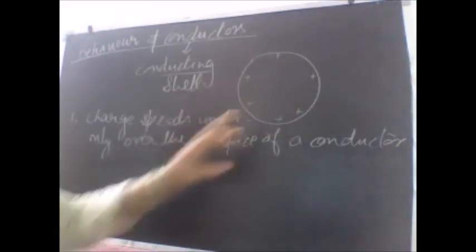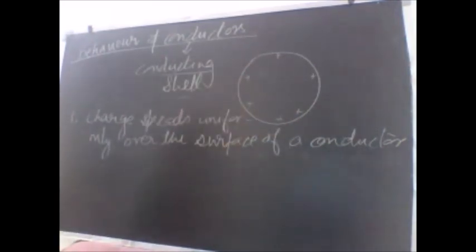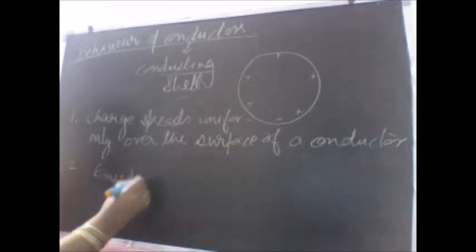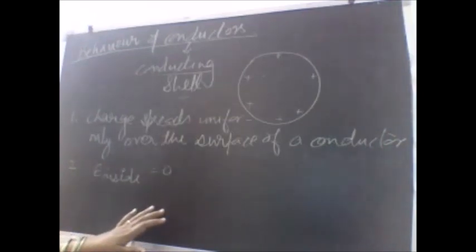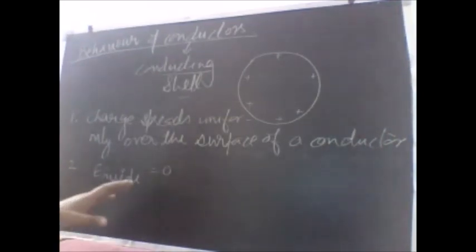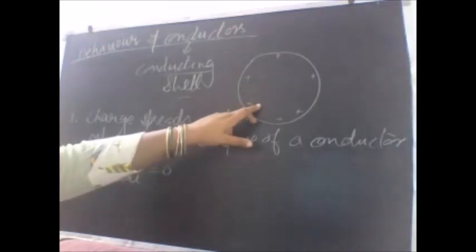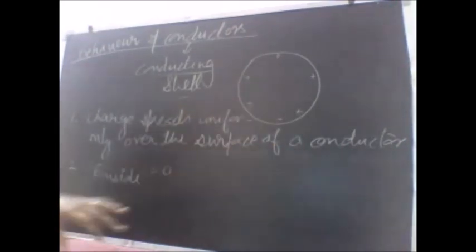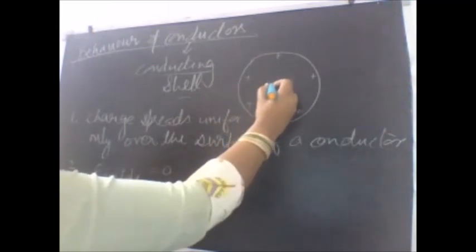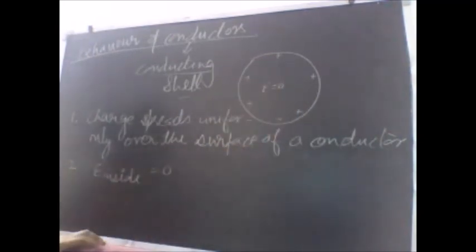When the charge is staying at the surface, is there any charge inside the conducting shell? No, there is no charge enclosed by the shell. That means the electric field inside the conducting shell will be zero. This part we proved when we were doing the electric field of a spherical shell using Gauss's theorem. Since the enclosed charge is zero, the electric field inside the conductor should be zero. This is another property of the spherical shell.